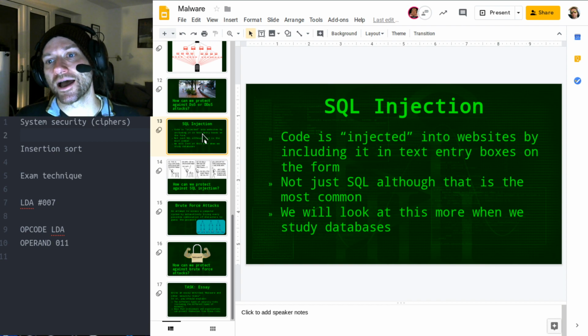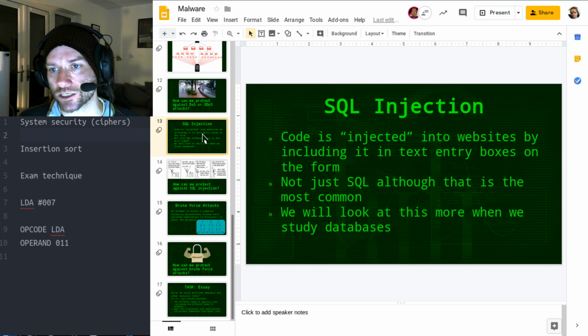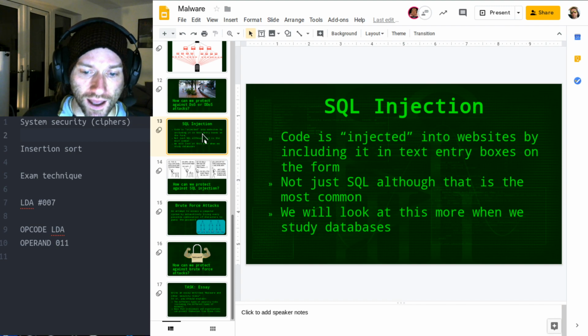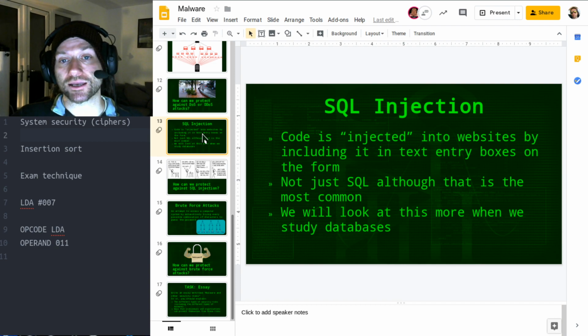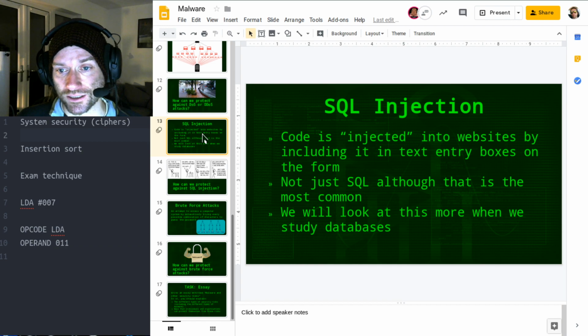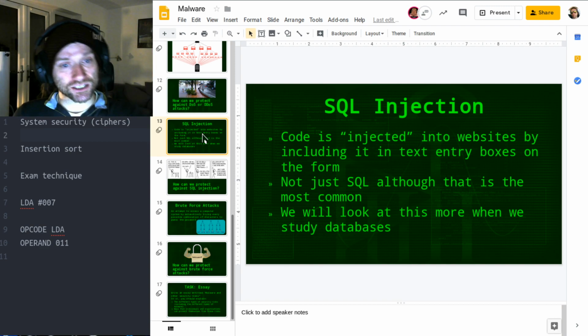SQL injection. You don't need to know exactly how to perform a SQL injection attack. You just need to know the concept behind SQL injection, and that's where you inject some SQL code, something that is used to access databases. This works on database driven websites like, for instance, WordPress. You inject some code into a web form. So for instance, there might be a form where it's like, hey, type in your username, and instead of just typing in your normal username, you type in a string terminator and then a whole bunch of SQL, and then what happens is when that request reaches the web server, it sees the SQL and it executes the SQL as if it's a command, which allows you access to the